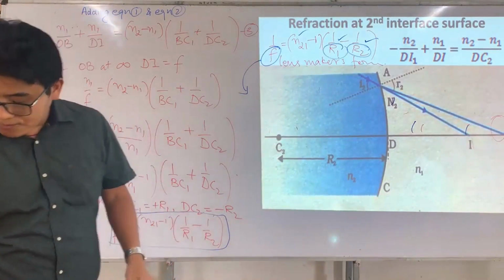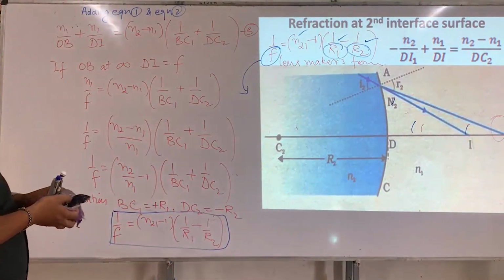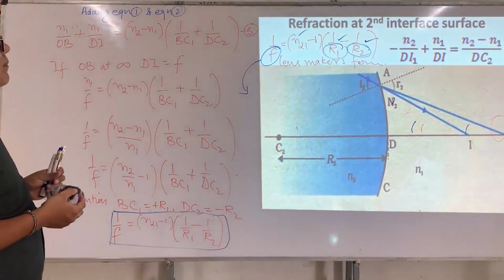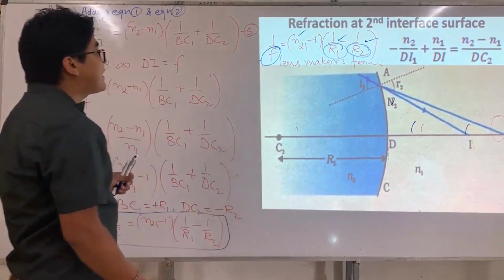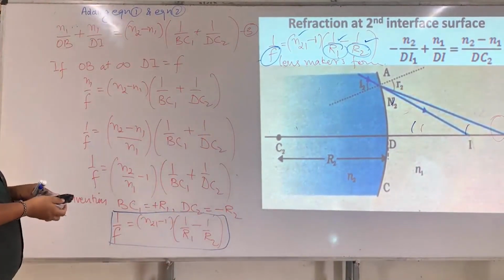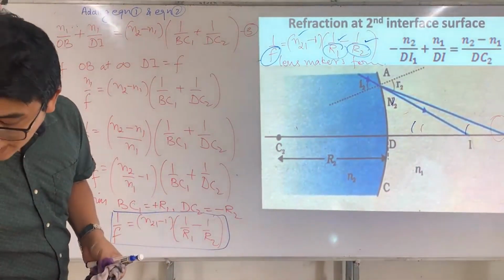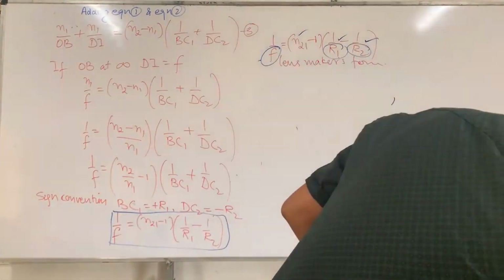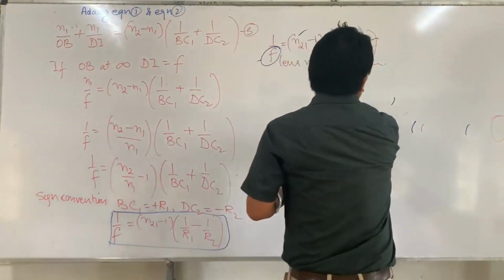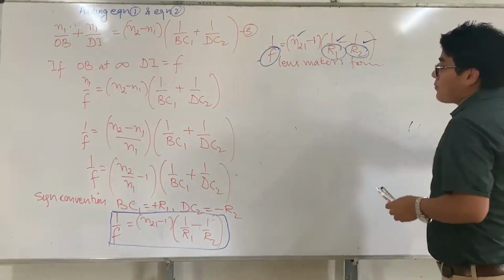This is all about the Lens-Maker formula. Now we will derive, or try to find out, the thin lens formula. So for the thin lens formula, what I am going to do is